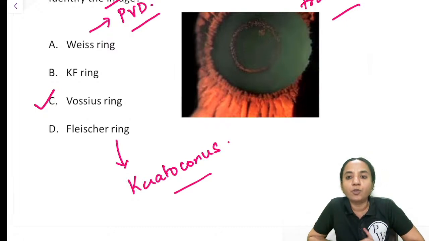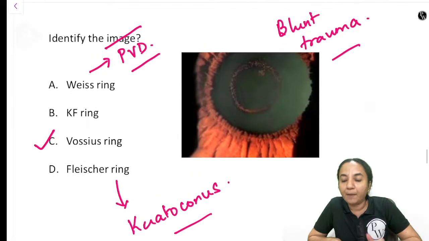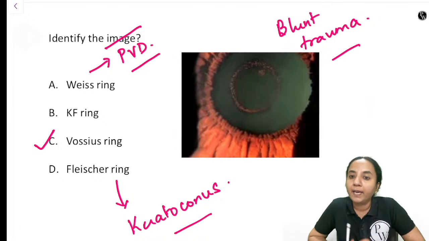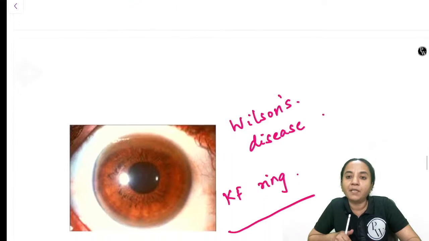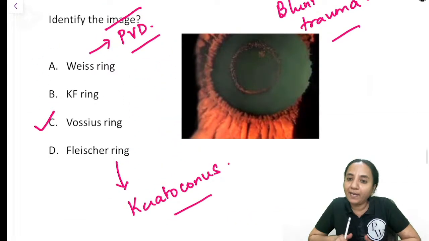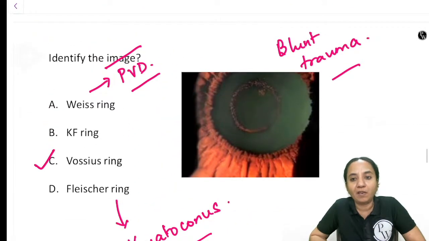Vossius ring, deposition of iris pigments on the anterior lens capsule, seen after blunt trauma. KF ring, this is due to the deposition of copper, seen concentric to the limbus in Wilson's disease. And Weiss ring, this is seen because of